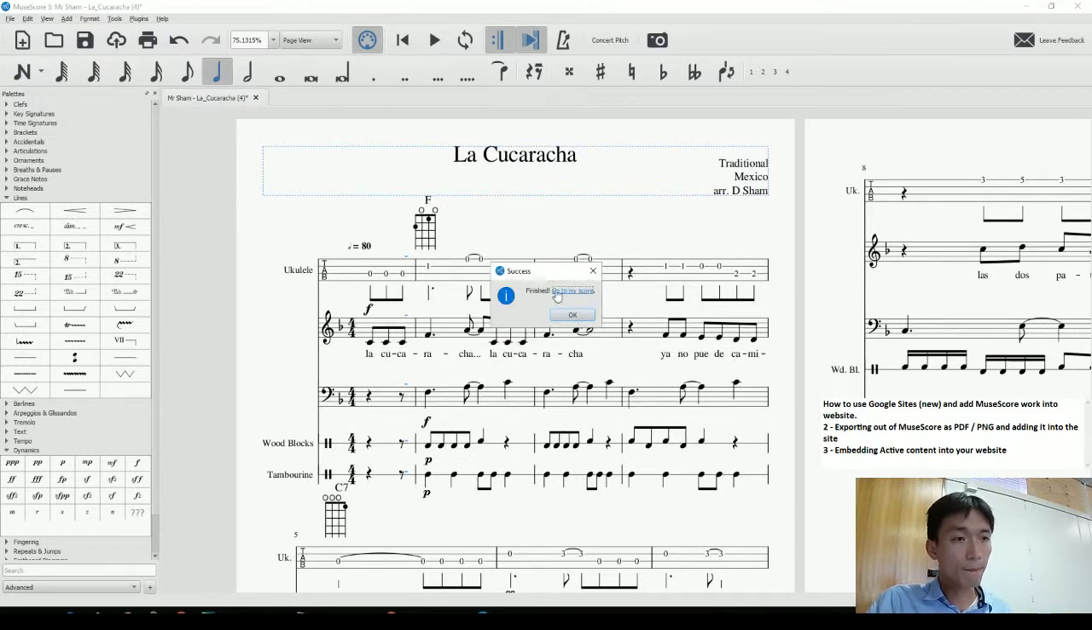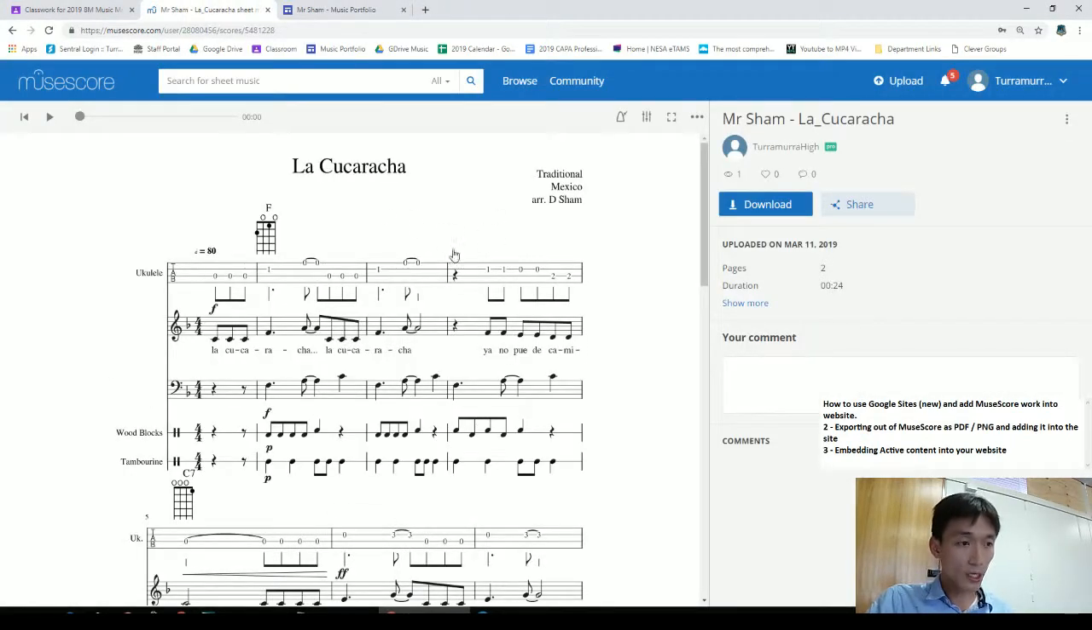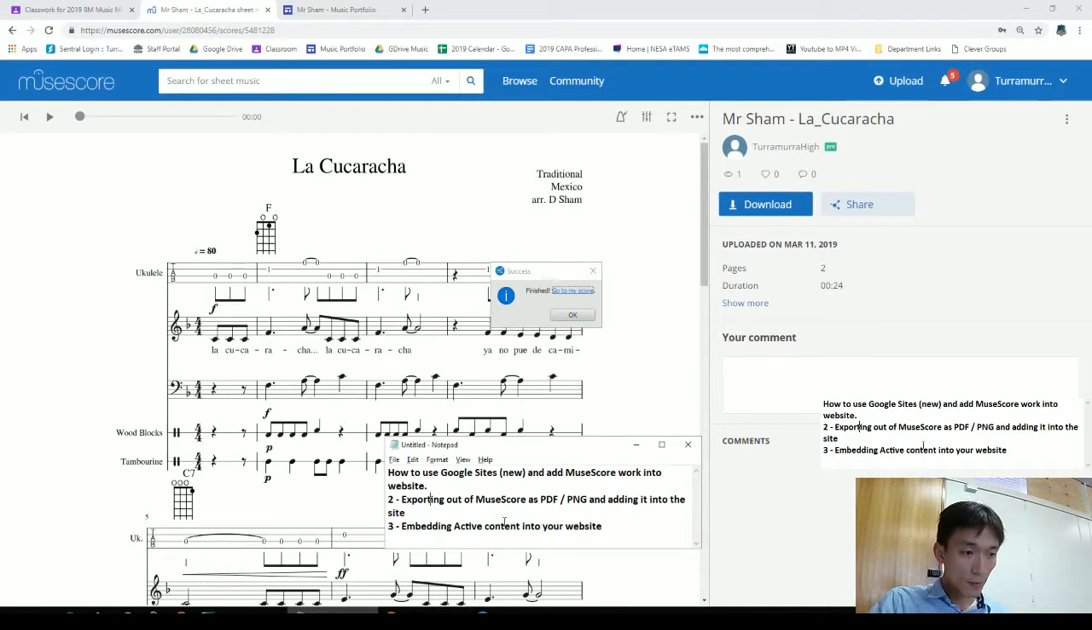Once you've done that, I've got it here. It will look like this when you go to that page. You can see it's the work that I've just uploaded. And now, I'm going to show you how to embed this as an active content in your website, which is this 3rd step. We've done that. Oh, sorry, I better go back to the 2nd step and show you how to save it as a PDF